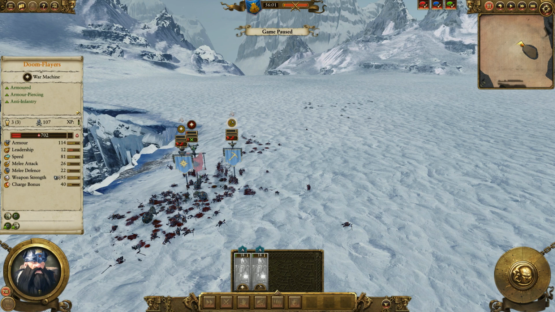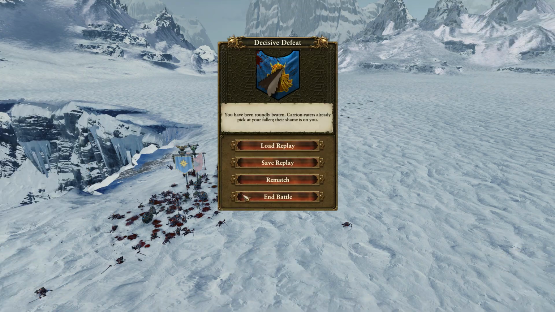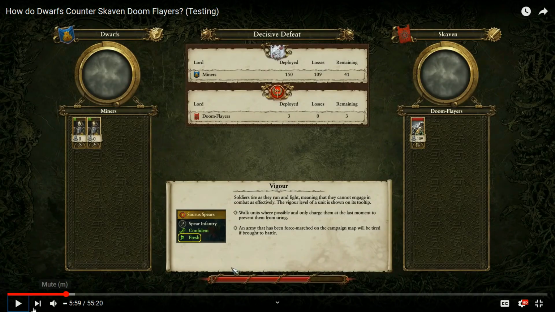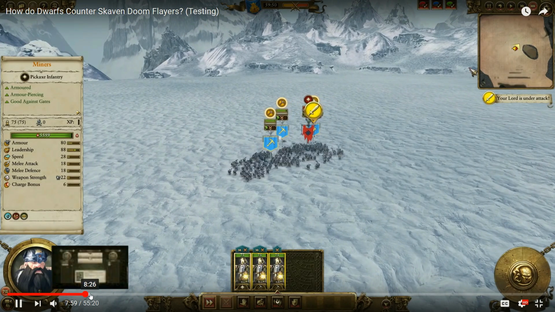Doom Flayer got 107 kills, so that's really close. I'm going to call that definitely. You can see that difference. The testing we did, let me see here. And, you know... Yeah, we did testing with 3 miners and we won. So we'll just watch. We also did testing with...